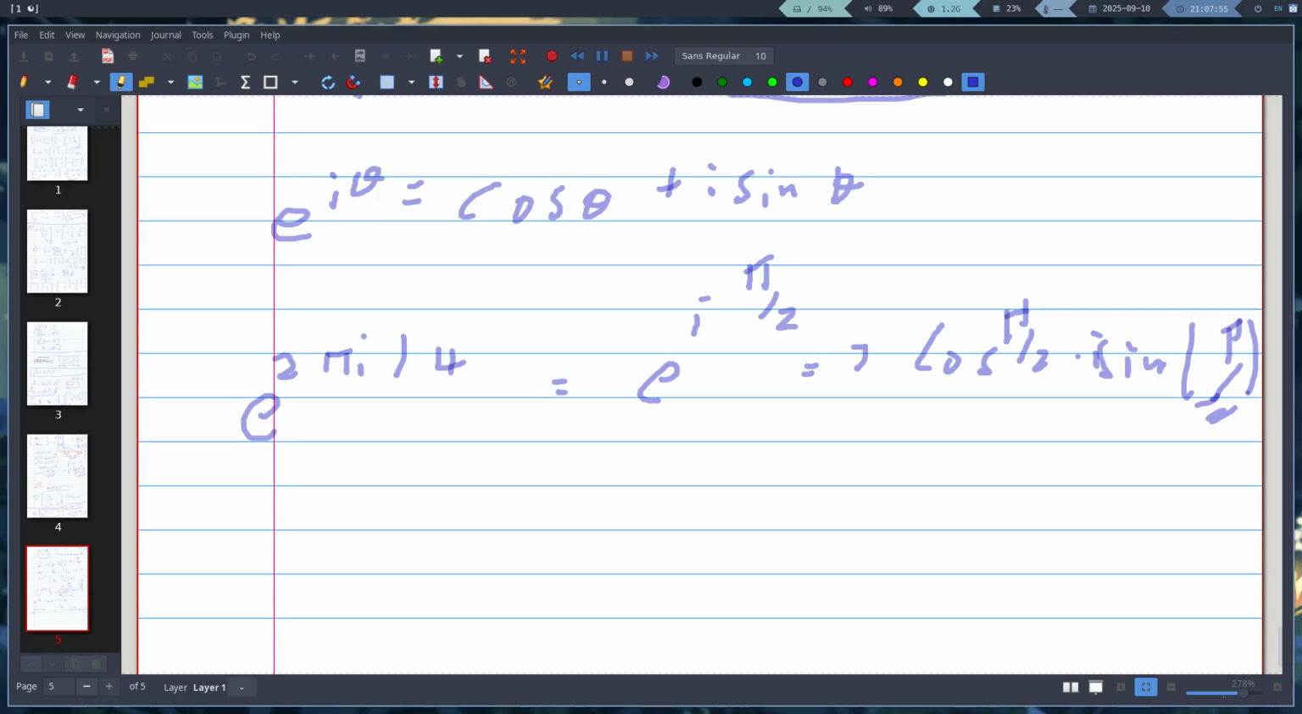Obviously cosine pi over 2, cosine of 90 degrees, is 0. And sine pi over 2 is just 1, so it's i times 1, and so you get i. Yes, this makes sense, of course. 1 times i is i, so you get back i. And so the powers of i are just i squared, i to the 3rd, i to the 4th, right? And so it would be,